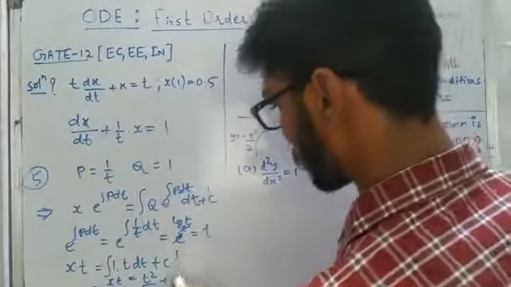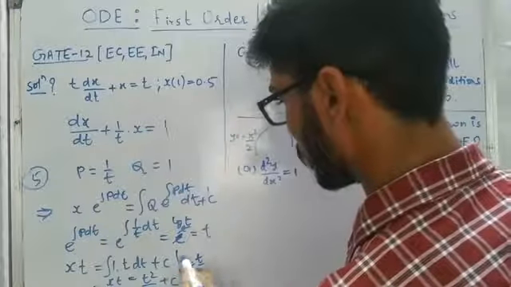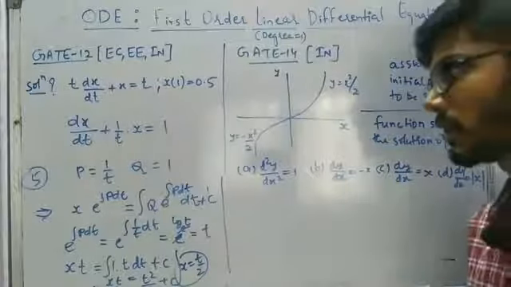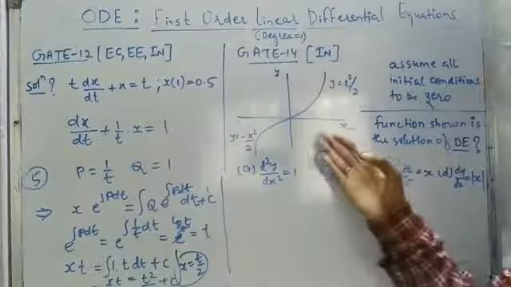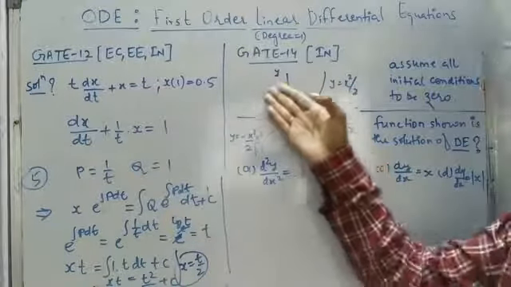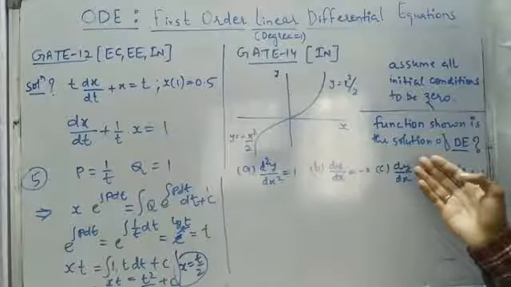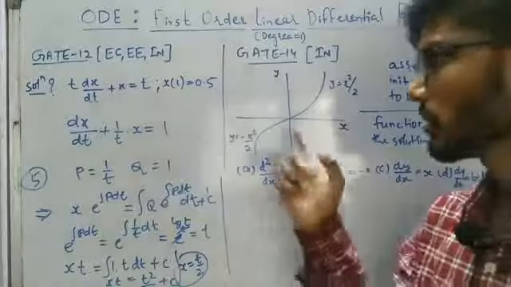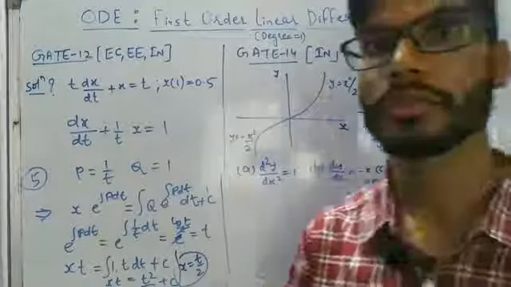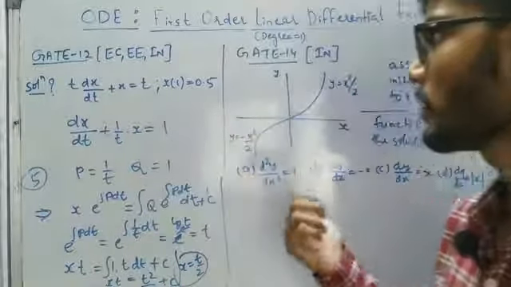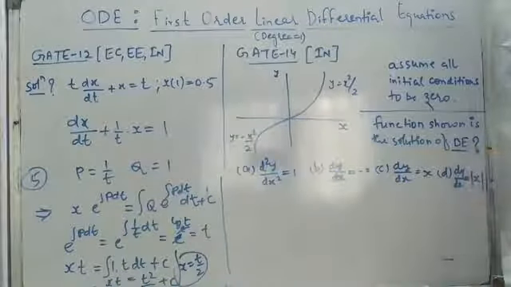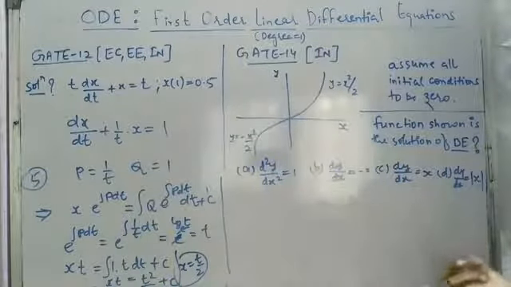So I'll write the answer for this question here: x is equal to t by 2. And in this case the question was asked in a little reverse manner. The solution of the differential equation is given with the curve y versus x, and he is interested in knowing the differential equation. The solution is given and he wished to know which differential equation it is the solution of. So he is saying the function shown is the solution of a differential equation. So we have to do the reverse work.